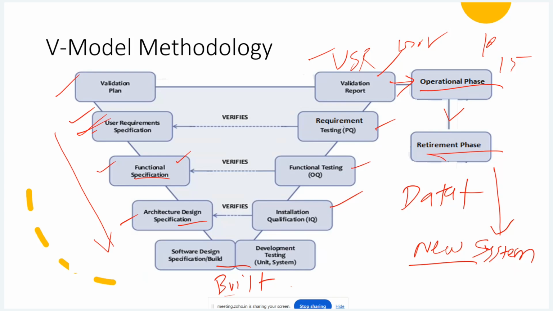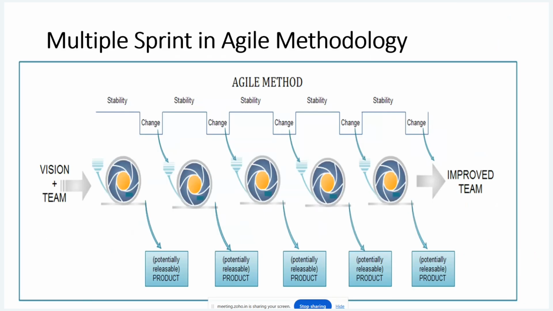If you are clear with the requirement, always follow the V model. Always. But sometimes you are not clear about the requirement. The customer may not be clear about the requirement. Like you want to purchase a car, but I'm not clear about each and every feature of the car. So the customer may have doubt whether to go with this or that. It means they do not have clarity. In this case, you can follow the agile model, where you can change the requirement at any point of